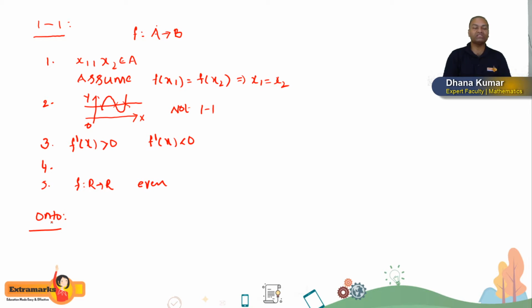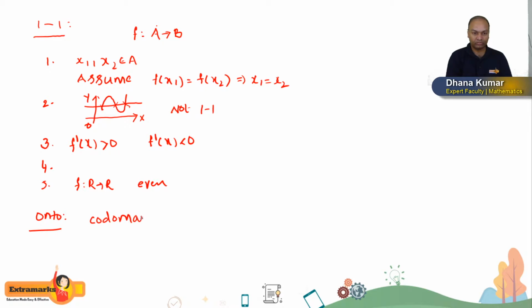Onto, one more name is there, that is called surjective function. A simple word. I think everybody knows the definition. Just here, methods you see. If codomain is equal to range,